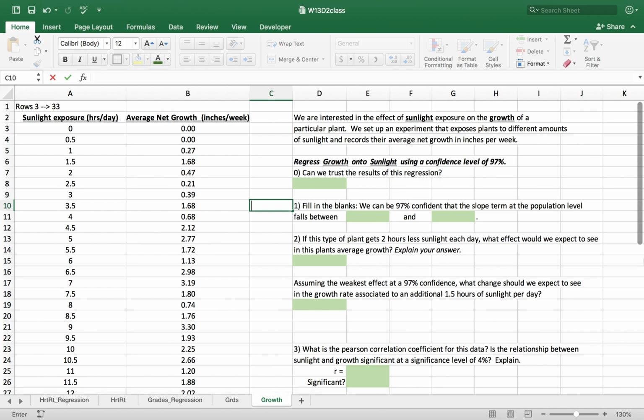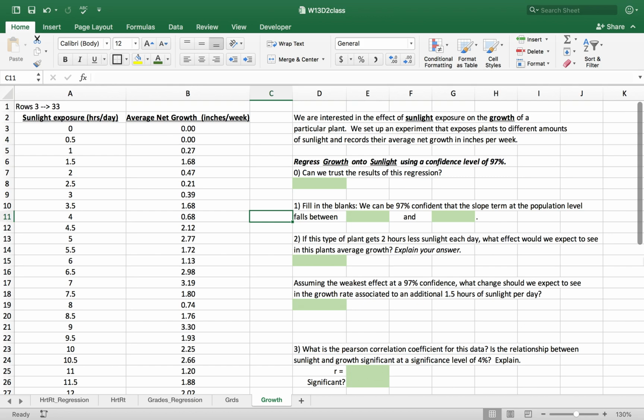All right, let's consider our last example for this week. In this case, we're in the growth worksheet of our Excel workbook. Here, we're interested in studying the effect of sunlight exposure on the growth of a particular plant. We set up an experiment that exposes the plant to different amounts of sunlight and records their average net growth